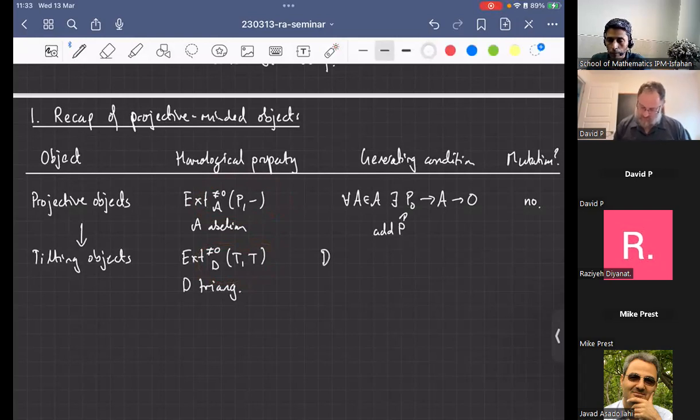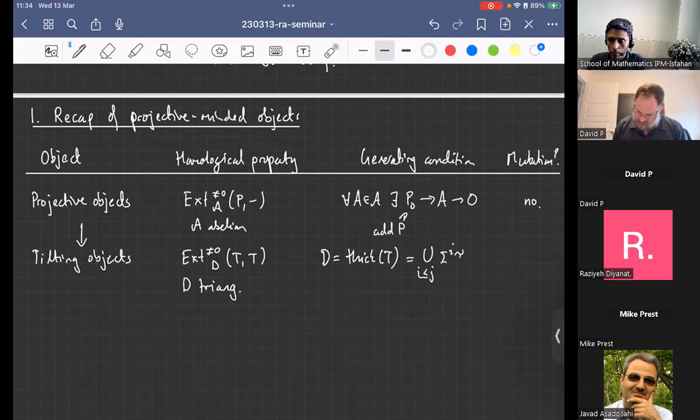The generating condition is similar, but the whole of D can be generated by T as the thick subcategory generated by T, which has a nice presentation as the union over